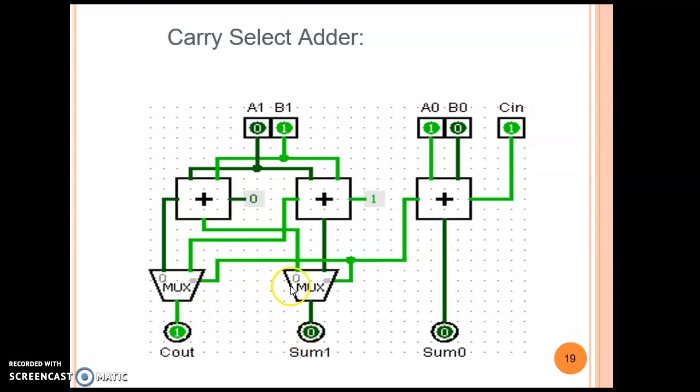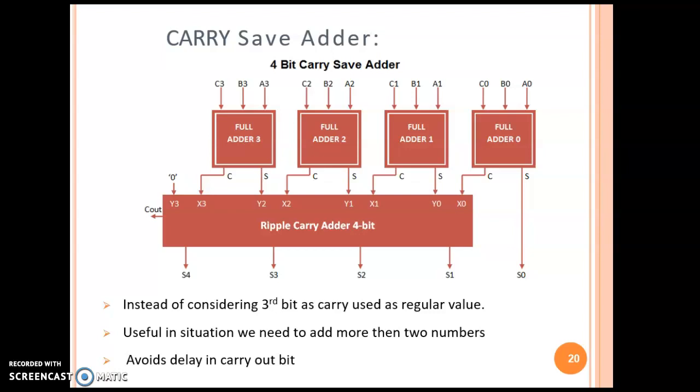In this way, the advantage is that it will speed up, but the main problem here is the number of adders required. In order to do the 8-bit calculation, we need three 4-bit ripple carry adders. So this will increase the number of gates. Then again, in the mux also we need a 2:1 mux for each bit. How many bits do we have? Here we have a 4-bit output plus 1 carry bit, so in total we have 5 bits. So five 2:1 muxes are required, due to which the gate requirements are more.